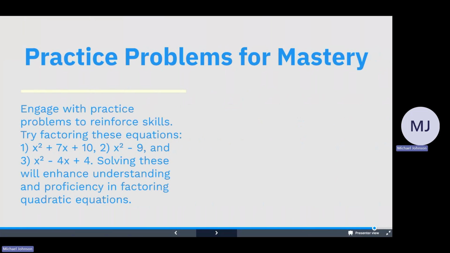Engage with practice problems to reinforce skills. Try factoring these equations: x squared plus 7x plus 10, x squared minus 9, and x squared minus 4x plus 4. Solving these will